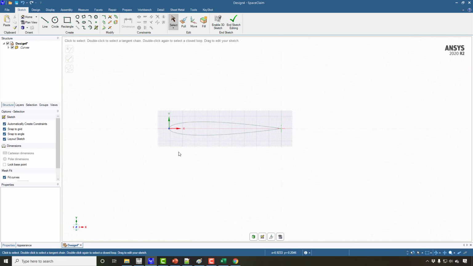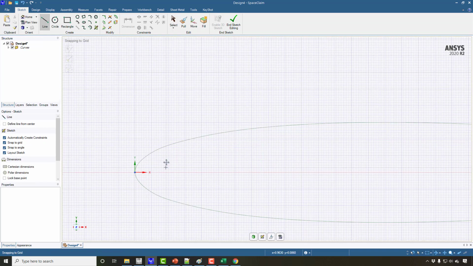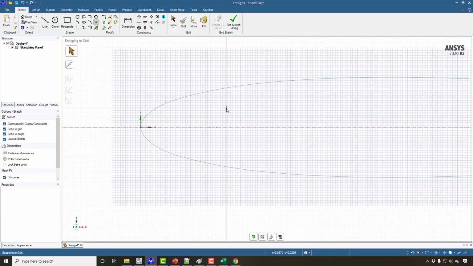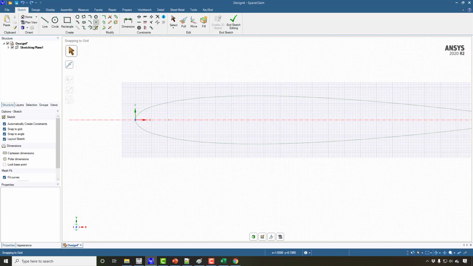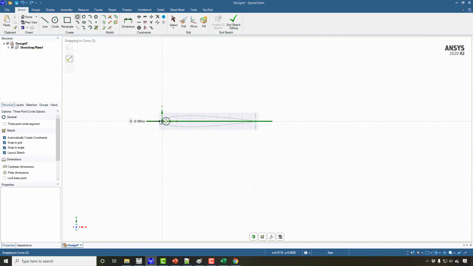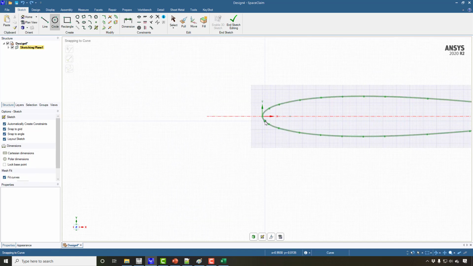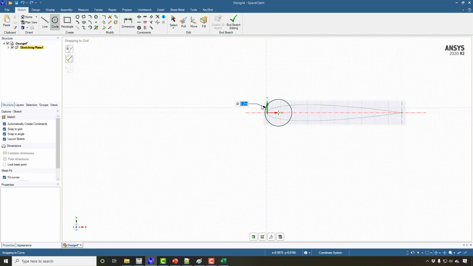Now we are going to make a domain around this geometry, so first of all we need to locate the point from which we are going to make a circle. Choose Circle here, and this is the center.